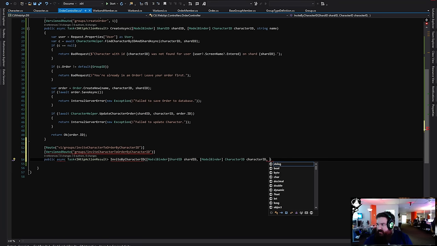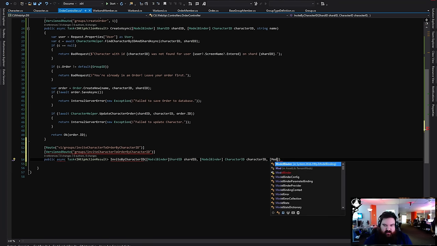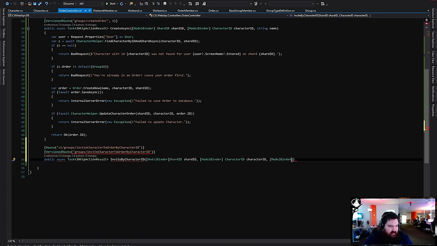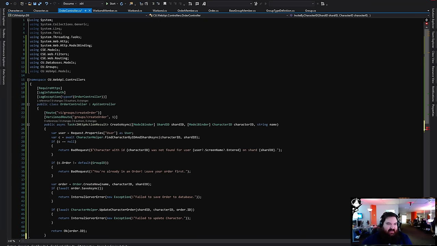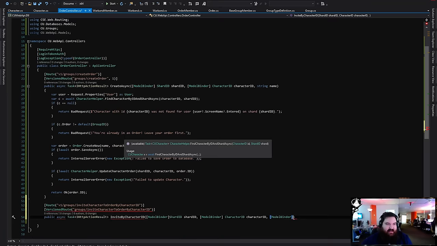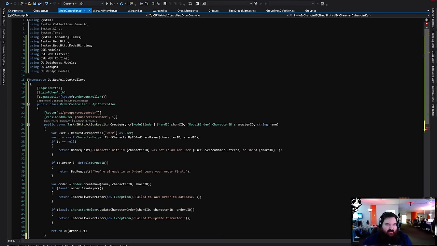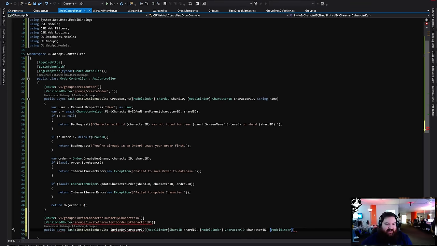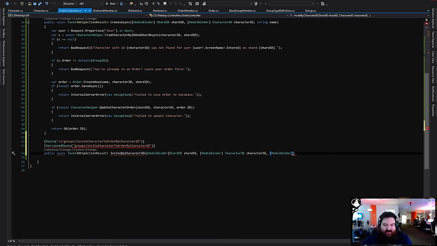And we are doing this as an invite by character ID. It's not only IntelliSense, it's a lot of stuff. I don't have to import any usings on the top of the file. It's done automatically. I start typing something and it asks, would you like to import this? And I say yes. That's one of the hard parts about writing without ReSharper.